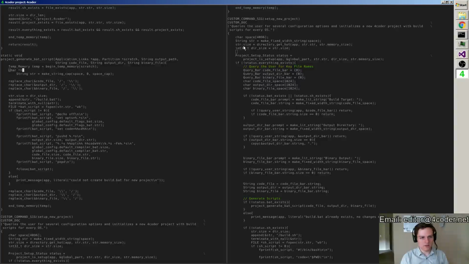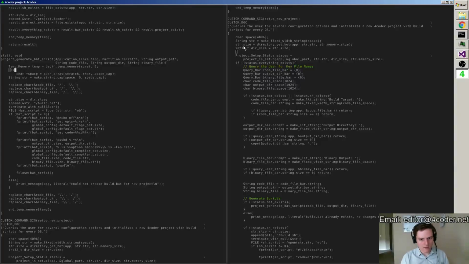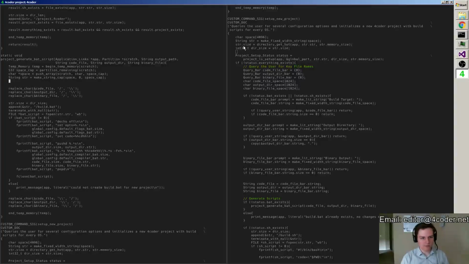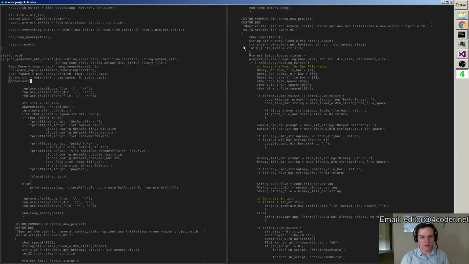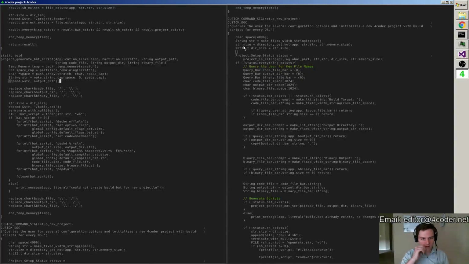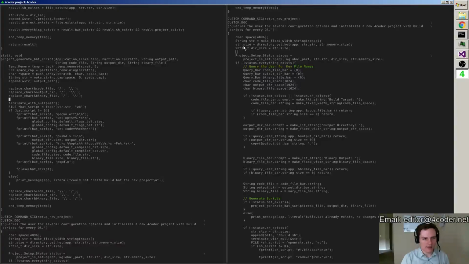So what is space? Well, space is just what I get when I push on to my Scratch arena, literally the entire space cap that I want. And what is the space cap that I want? Well, I figure I might as well take everything, all the space that's still left inside that arena. So I'm just taking all of the space in the arena available and making the string, and then I can append onto my string the output path like that. So there we go. Then I can append onto that string again